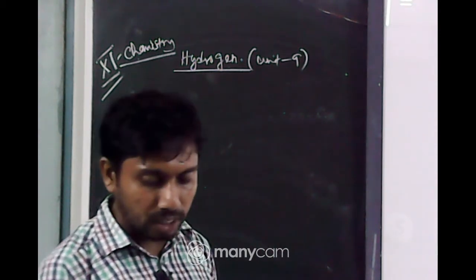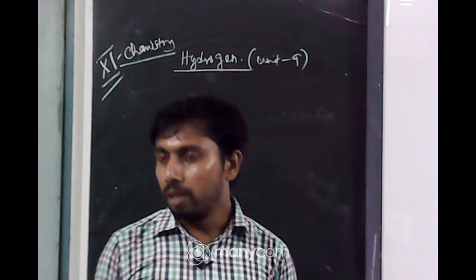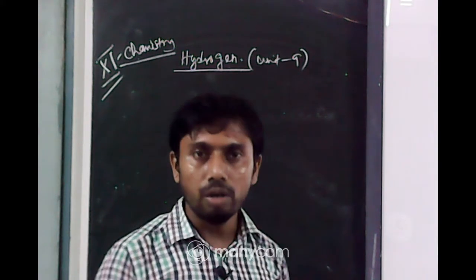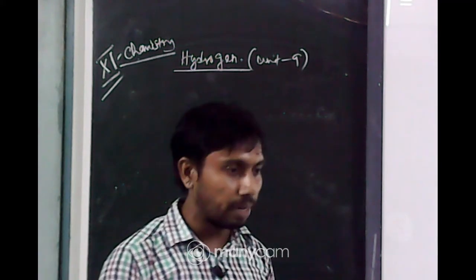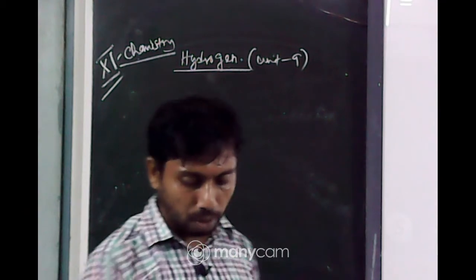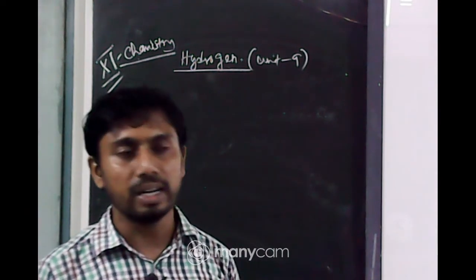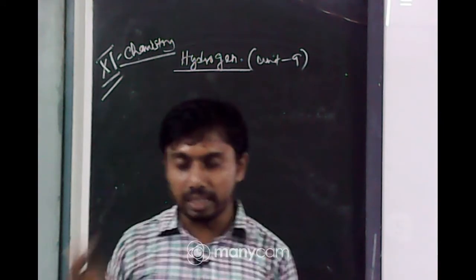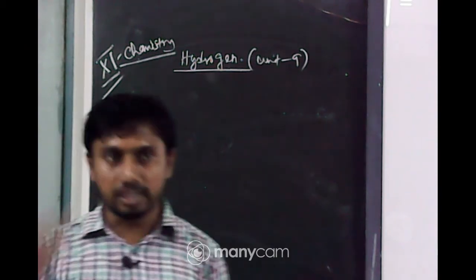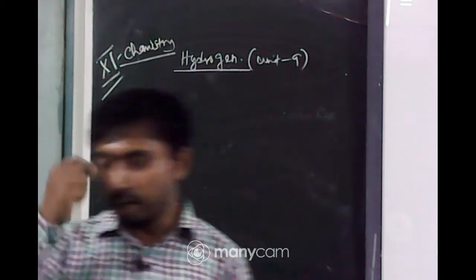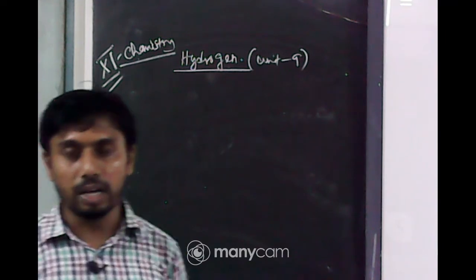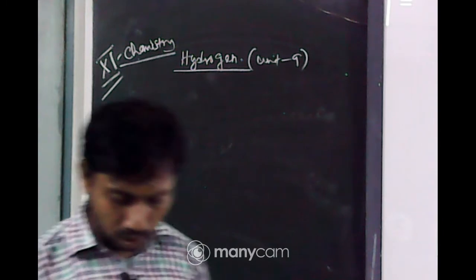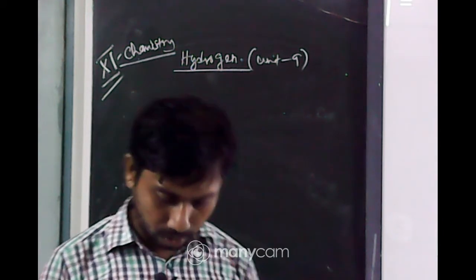And what is the hydrogen economy? The hydrogen economy is how much hydrogen a country produces and consumes, because it is a source of energy and depends on how much energy is consumed. In the same way, I have told you that gold is another economic parameter, and in the same way sulfuric acid also.